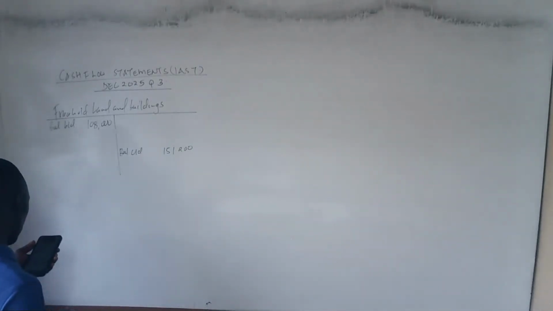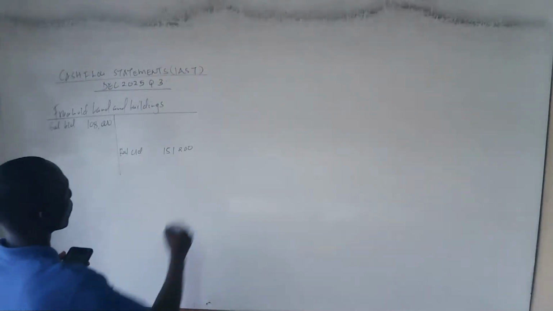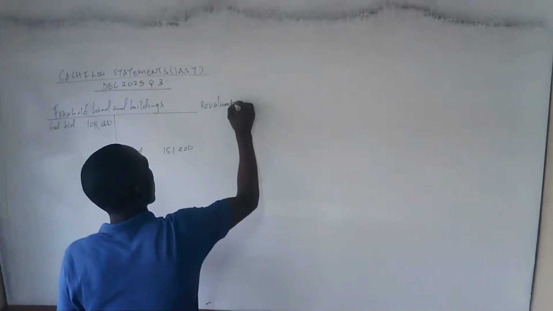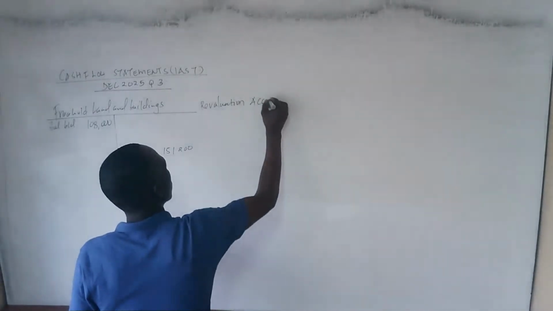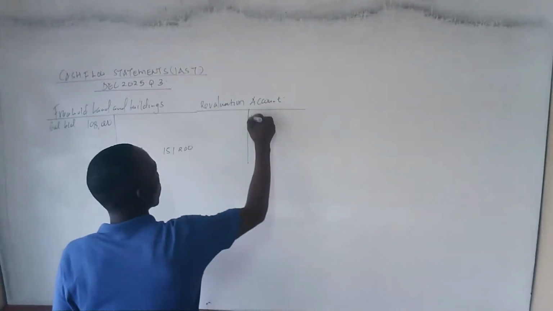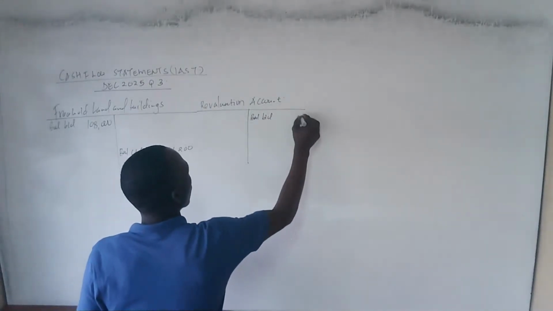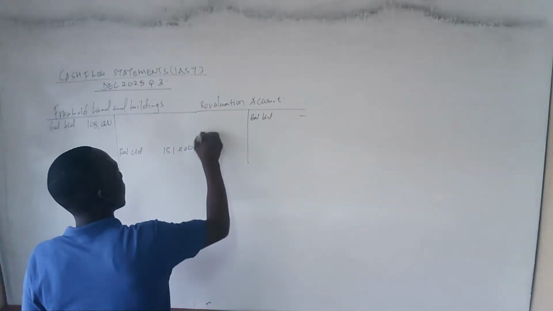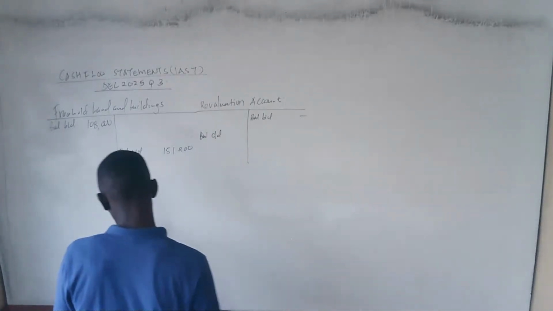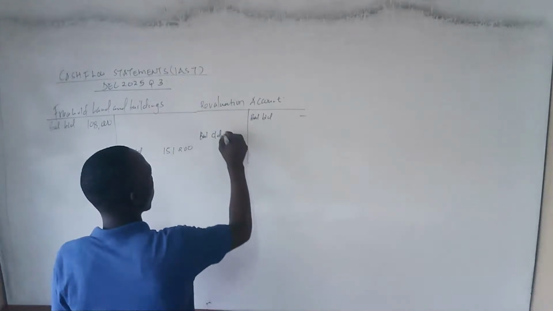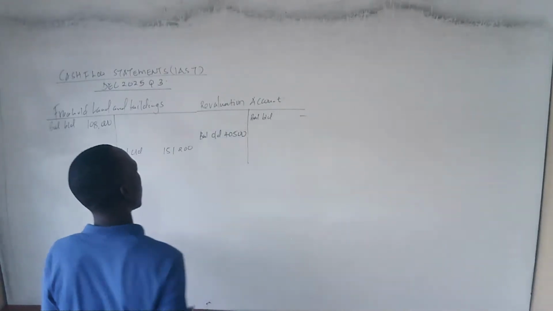Then from there, the examiner has told us that we can go to where we have the revaluation. We open the revaluation account under the equity revaluation. And in this revaluation account, we can talk about the balance brought down. We have nothing, and then we are given the balance carried down. If we go to the equity revaluation reserve, we are given 40,500. That is what we are told.